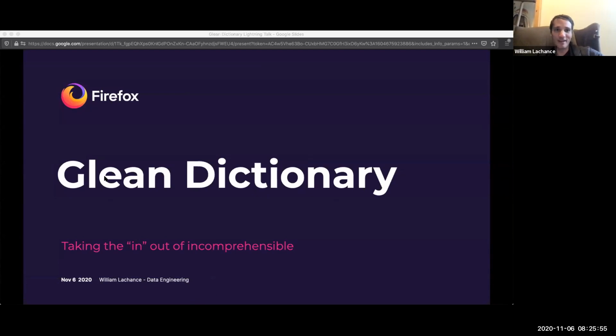And so this is a presentation about a project that did go through the proposal process, but it's still in its very, very early stages. So the overall thrust of this project is to make the Mozilla data platform more comprehensible to people outside of data engineering. But just a warning, this presentation is going to be a little rough. Both the project and the ideas behind it are still in a very early stage. And the intended takeaway is that I want your feedback and contributions.